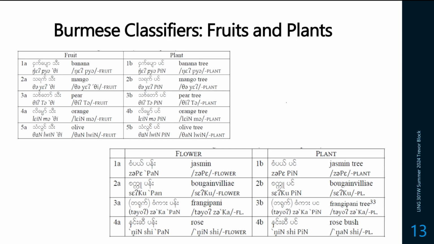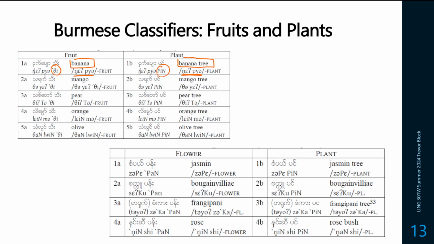So here are some examples of fruits and plants in this language. There are many different types of classifiers that we can have. We don't need to take a look at all of this, but we should take a look at the word fruit. So this is banana versus banana tree. These are the two meanings we're getting at. Now the base is going to be the same for both of these, but they're going to take different classifiers. So if we have the one classifier at the end of the word for banana, we get fruit. If we have peen at the end of the word banana, we get banana tree.